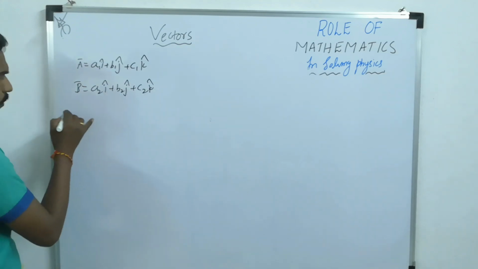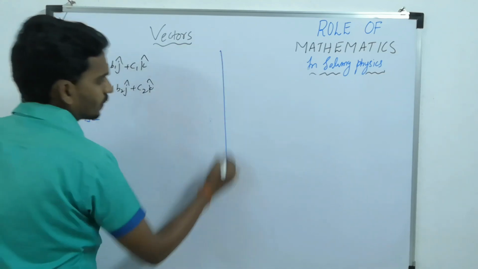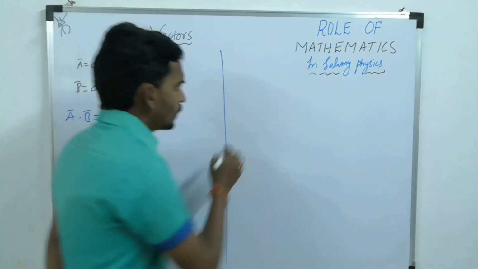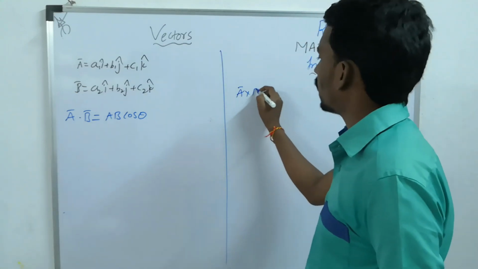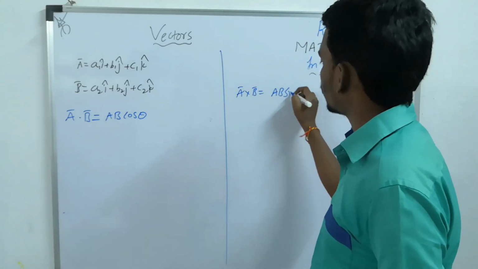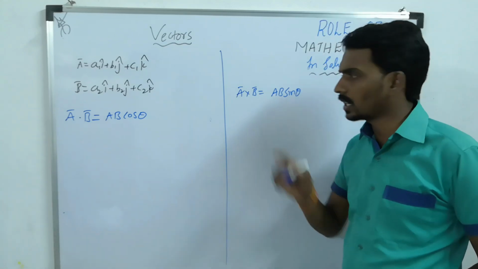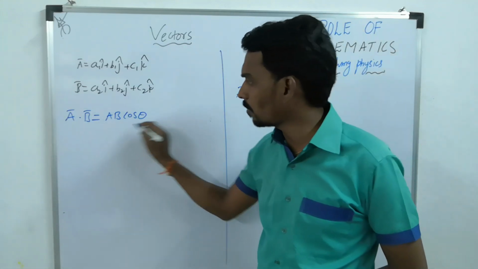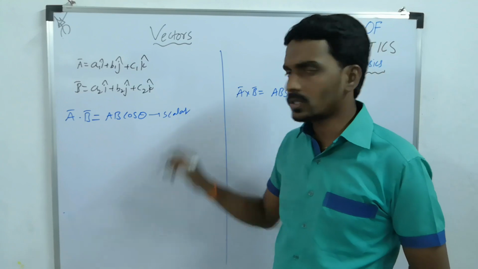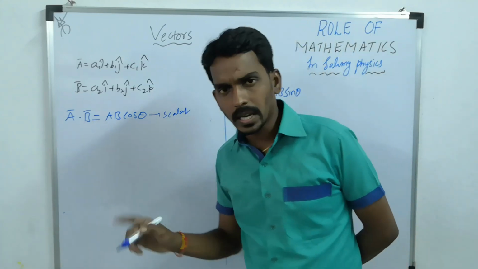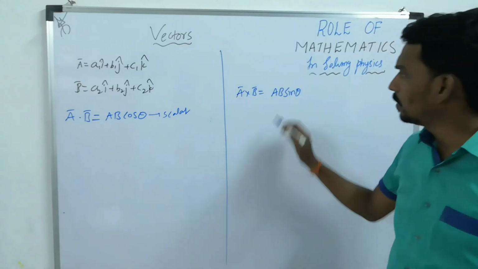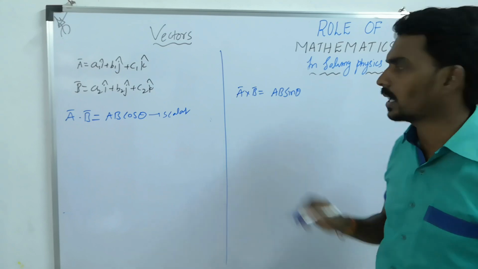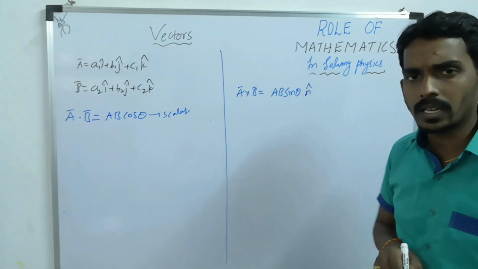Now if you take the dot product A bar dot B bar, that will become AB cos theta. If you take the vector product A bar cross B bar, it is AB sin theta. But you should not write it like this, because the A bar dot B bar is a scalar, so a number. That's why the product is called scalar product or dot product. But here this must be one vector, so you must mention the direction also. That direction is along n cap.